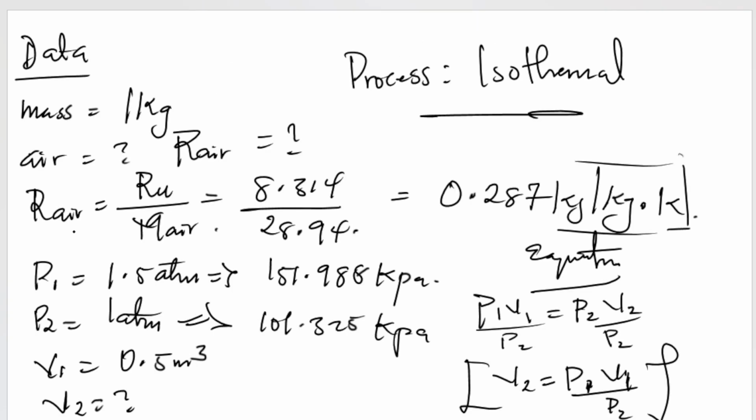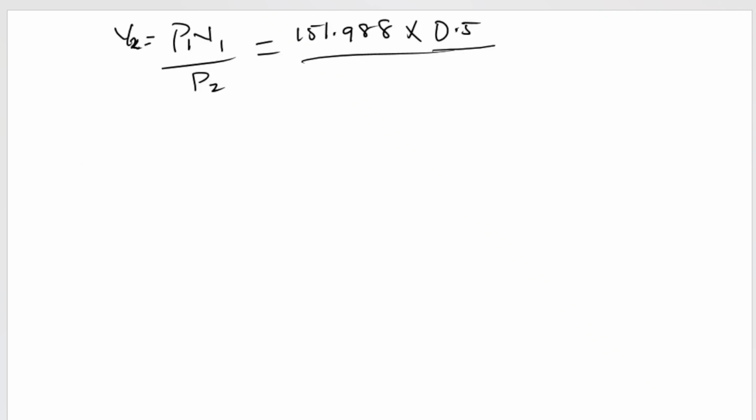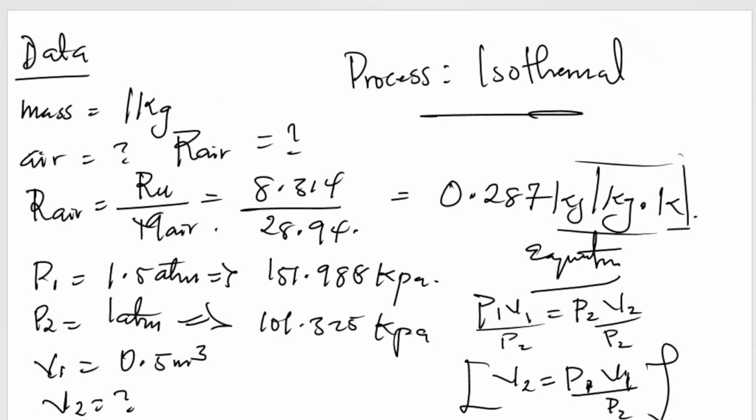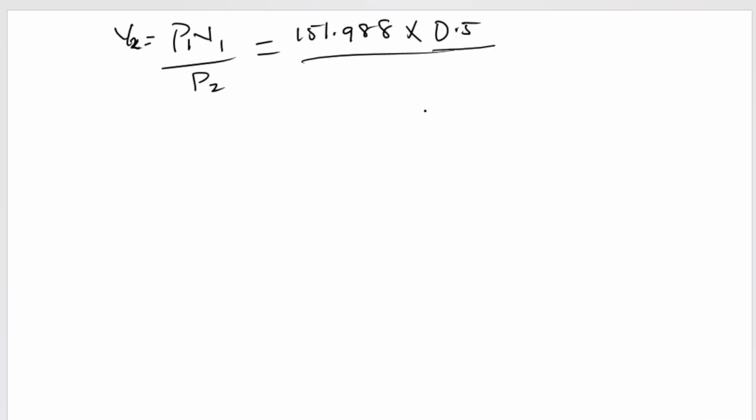P2 is 1 ATM, and 1 ATM is equivalent to 101.325. So we input what we have here for P2 as 101.325. Now what do you do? You simply punch your calculator